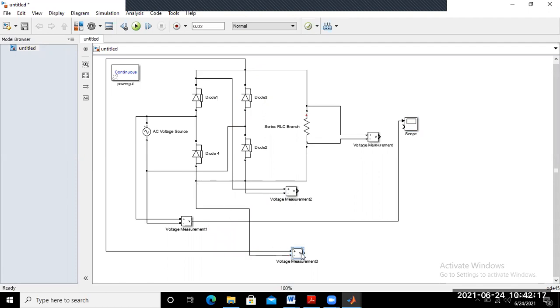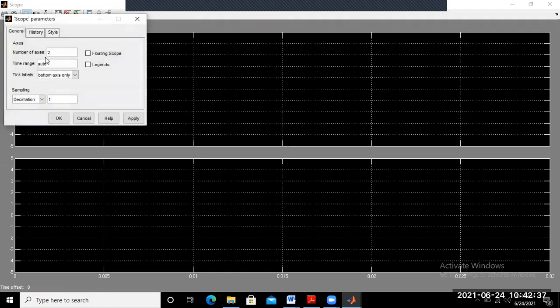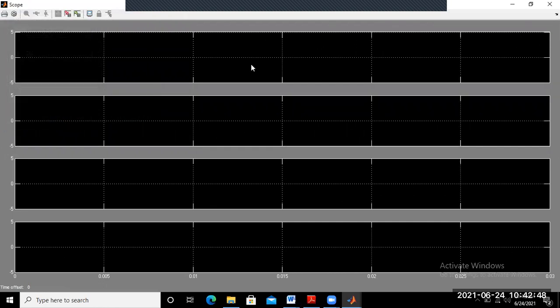This voltmeter shows the voltage variation across diodes D3 and D1. So the number of axes required is 1, 2, 3, 4. Change the number of axes in this parameter and put 4 here, and apply. So 4 axes are created here.